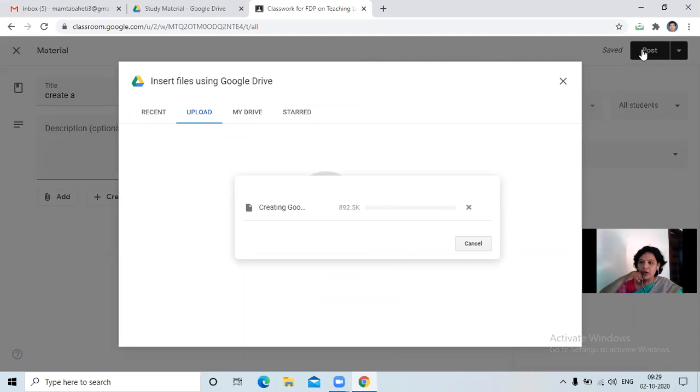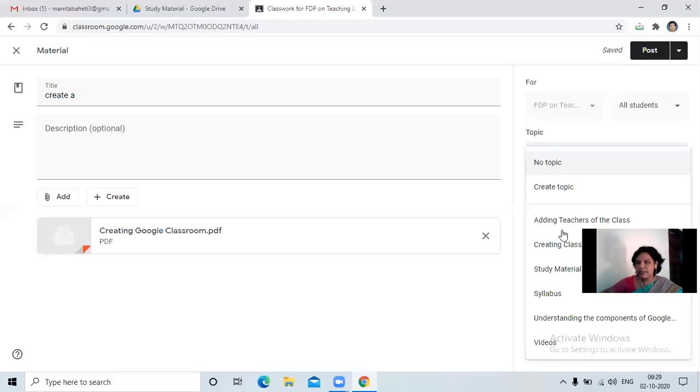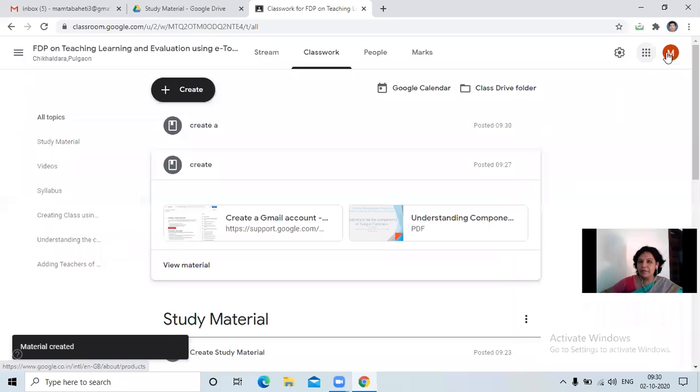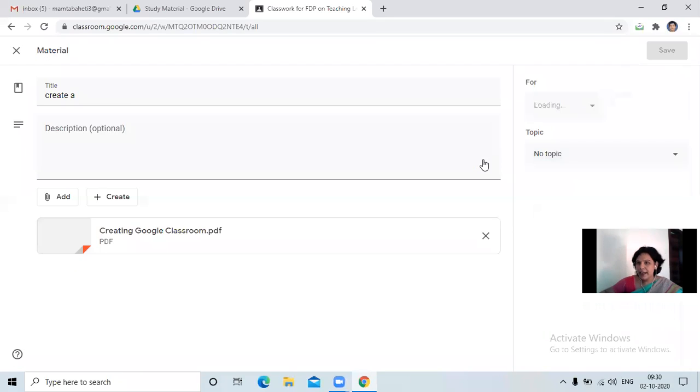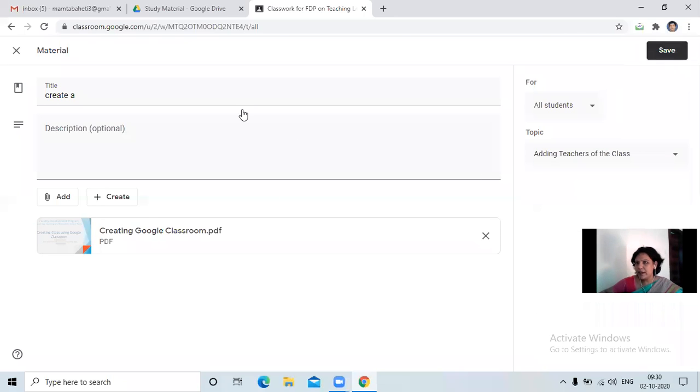I hope you all are getting it. Now I have not selected the topic. Suppose I have not selected any topic and I have directly posted it, and after some time I recall that I have not shared it under a specific topic. So what I'll do, I'll click on these three dots, edit, then select the specific topic and click on save.